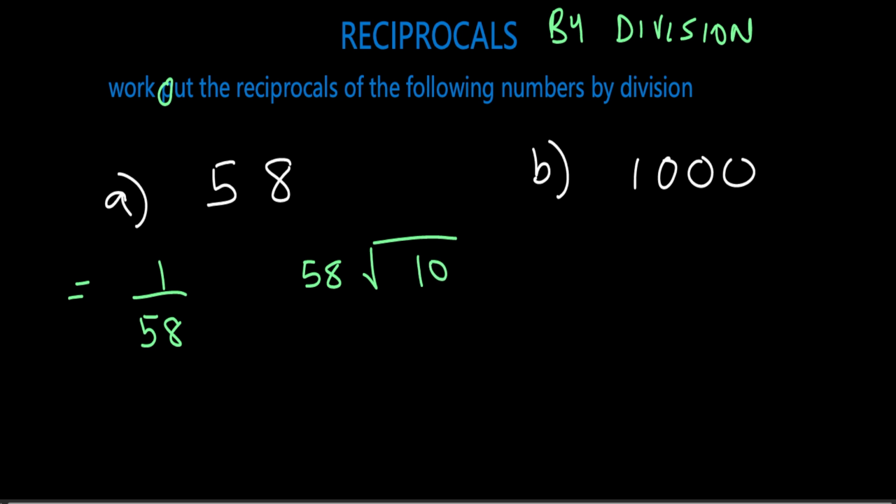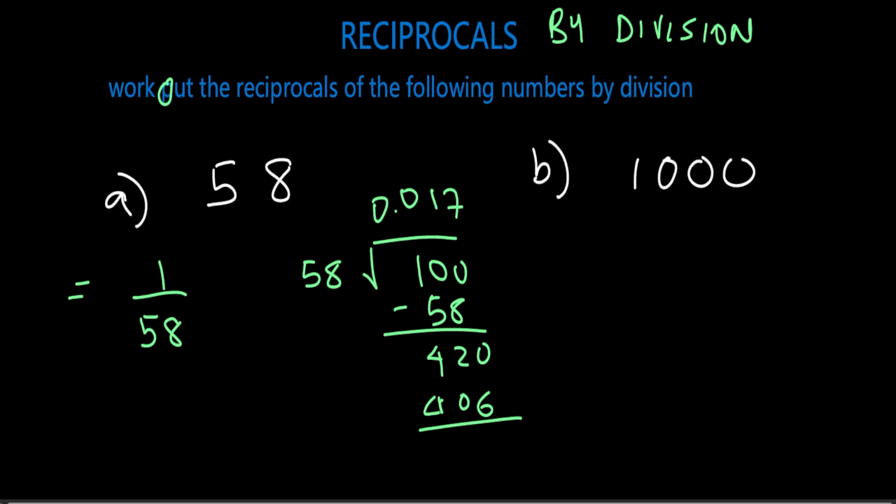Obviously 1 haiwezi divide na 58, ongeza 0, ongeza ile decimal point, bado huwezi, ongeza 0, 58 yaingia kwa 100 mara moja, subtract 58, giving you a remainder of 42, and then ongeza 0 tena, 58 yaingia kwa 420 mara 7 kama sijakosea. So mara 7, so 58 times 7 gives you 406,